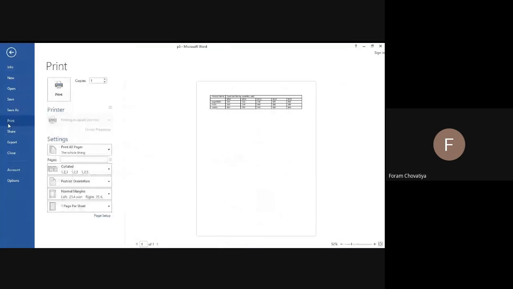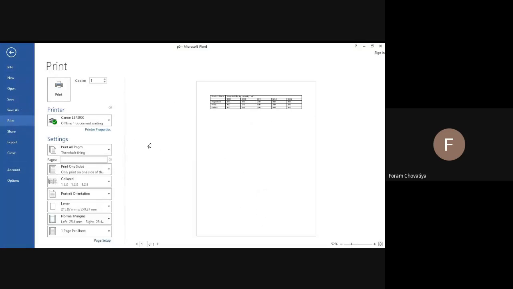Click on this print option. There are some options here: which type of page you want to print, and how many copies of that page. If you want one copy, click on one. If you want more copies, write that number of copies.